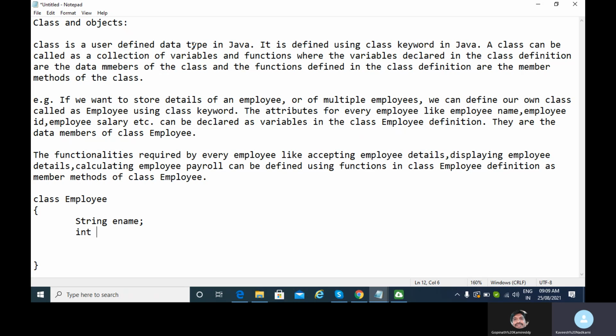Just 1 minute, Gopinath. My mother is calling. 1 minute. Yeah, sure.